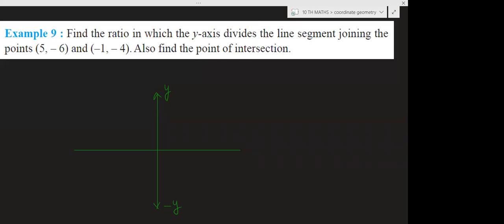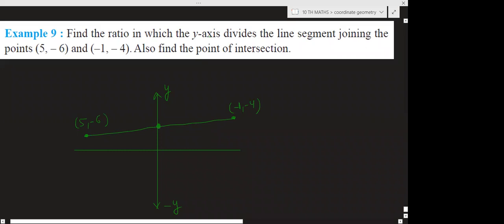So I am just drawing the rough figure. I am not drawing the exact figure. Suppose this is a line segment joining the point (5, -6) and here is the point (-1, -4). This is just the rough figure, not the exact. Okay. So this y-axis divides this line segment. I have told you any point on the y-axis will have the coordinate